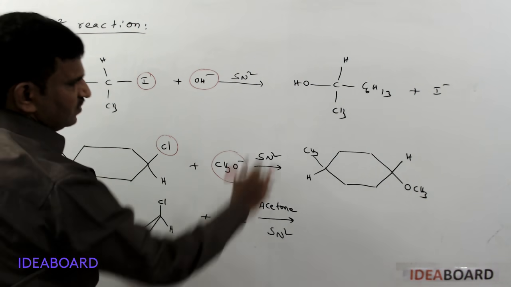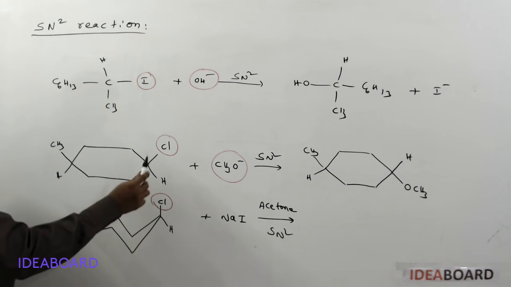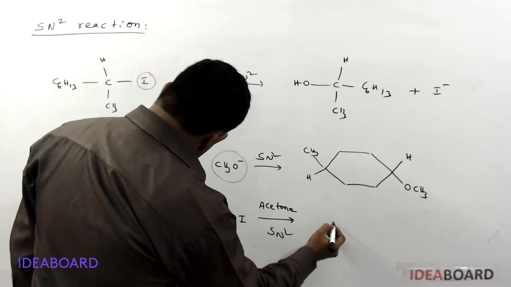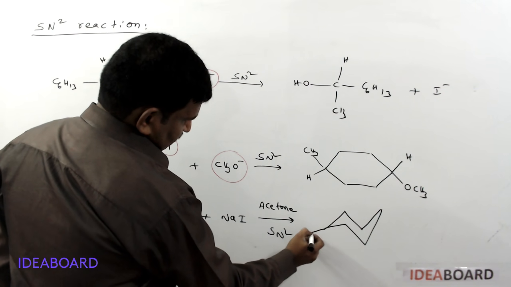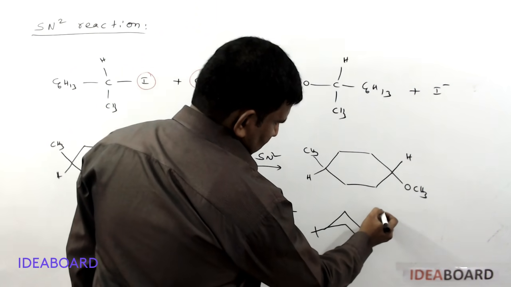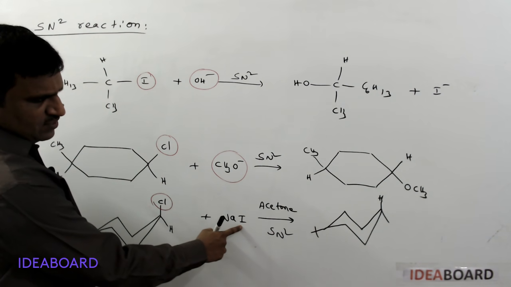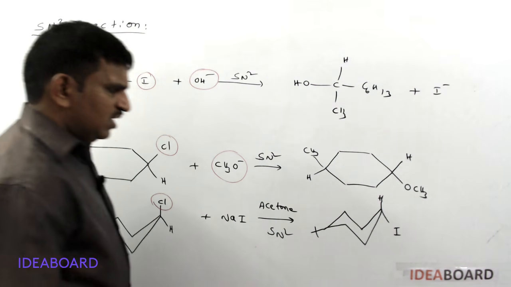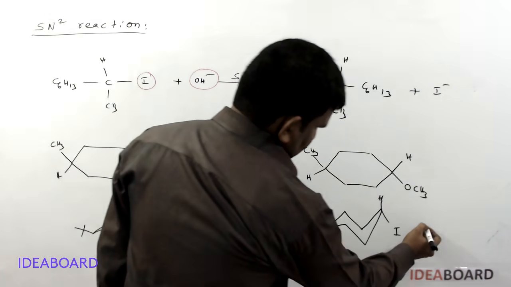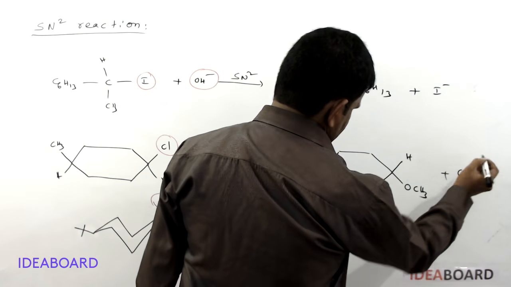Here it is inverted in configuration. And what is present here? The Cl position is upside, it is an axial bond. Here this is a tertiary butyl group, and upside you will get hydrogen, and downside NaI gives I minus as the nucleophile, so iodine is added and Cl minus comes out. So Cl minus is released. Here again Cl minus is released.